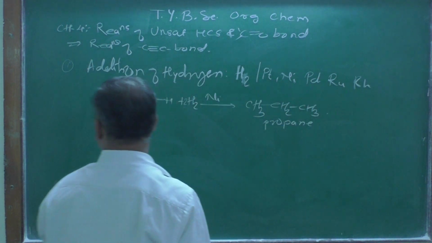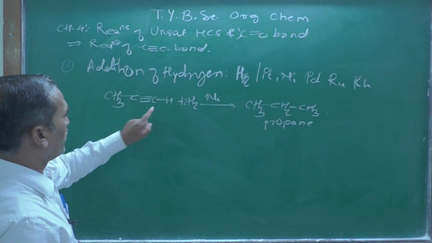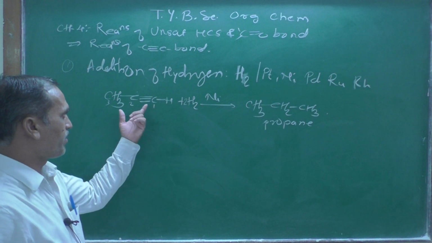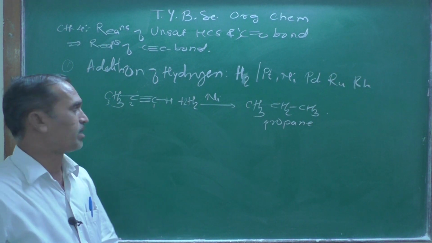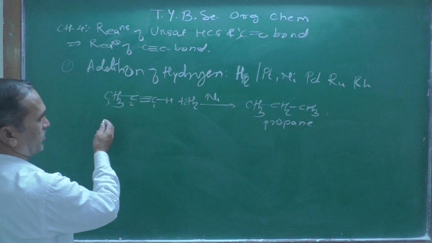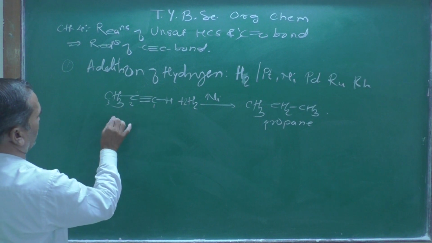Everybody knows that. Suppose, what will be the IUPAC name of this compound? You can number from this side: 1, 2 and 3, because this carbon-carbon triple bond is there, and there are terminal hydrogen atoms present over there. Now let us look at the name of this compound, which will be